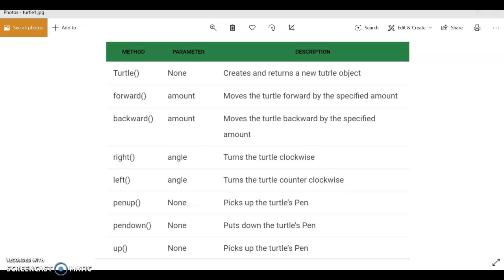Turtle is a Python feature like a drawing board, which lets us command a turtle to draw all over it.